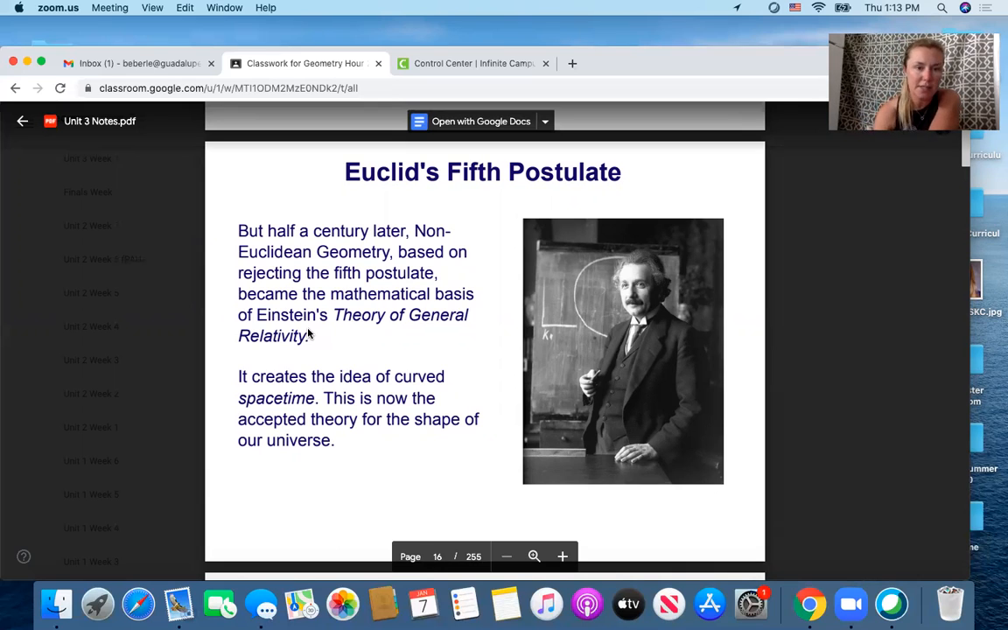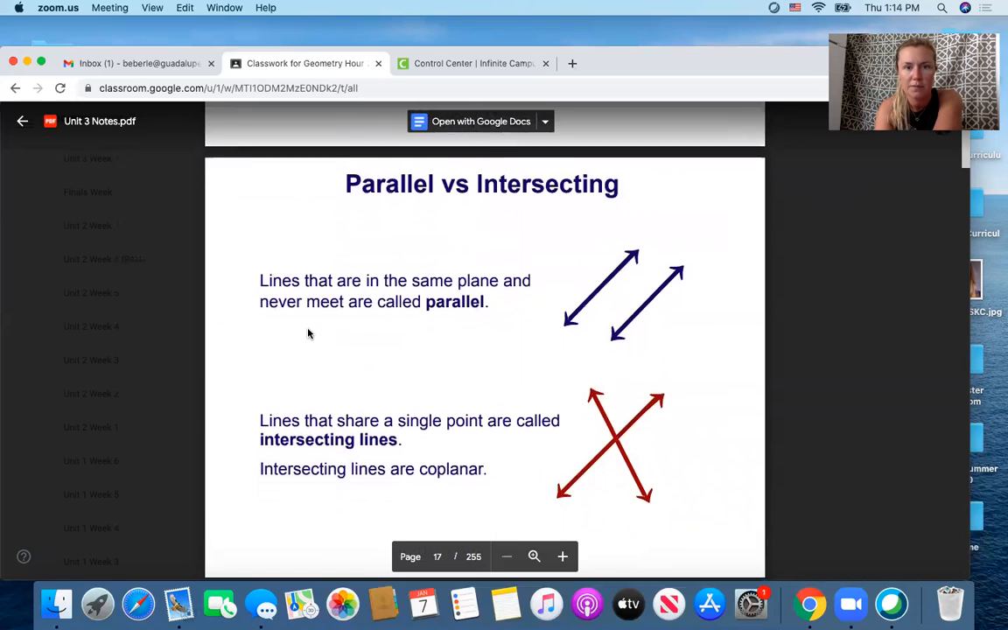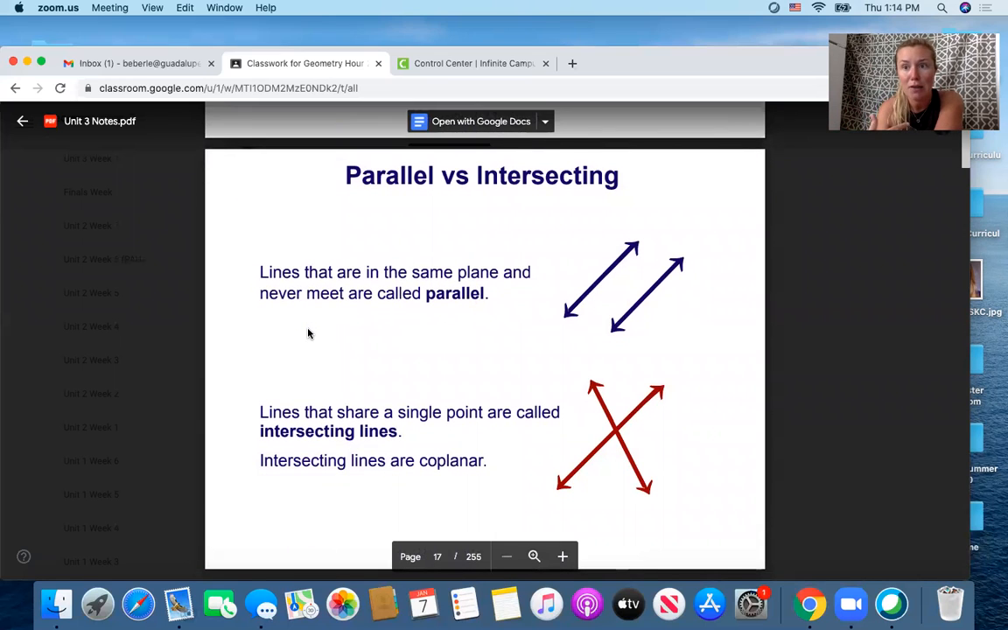So Einstein's theory creates the idea of curved space-time, and this is now the accepted theory for the shape of our universe. So when we look at the world, it is a circle, and Einstein is responsible for determining that. Obviously, he's not responsible for making the world, but he is responsible for the globe-like situation that we find ourselves in. So now we're going to kind of backtrack and look at this prior to